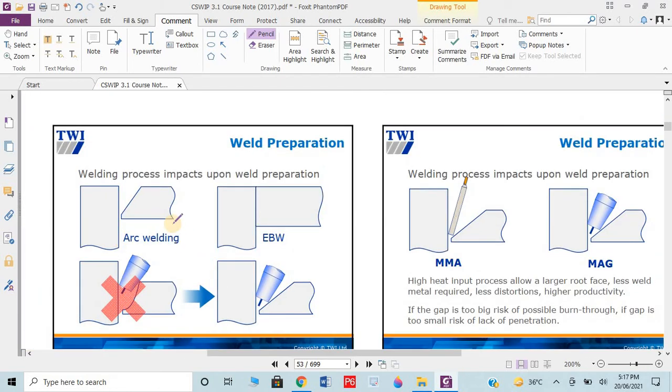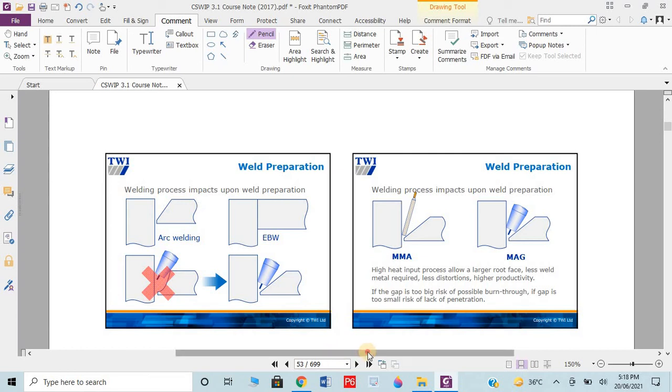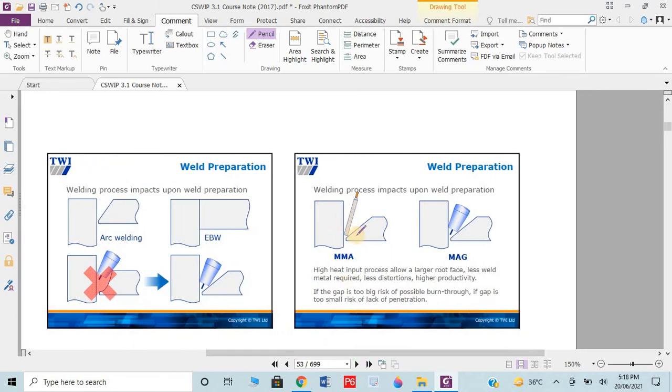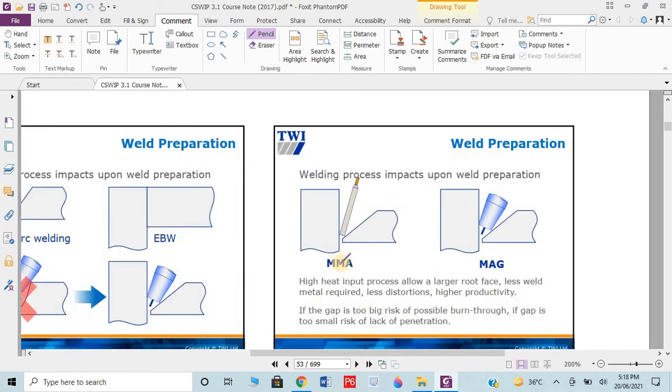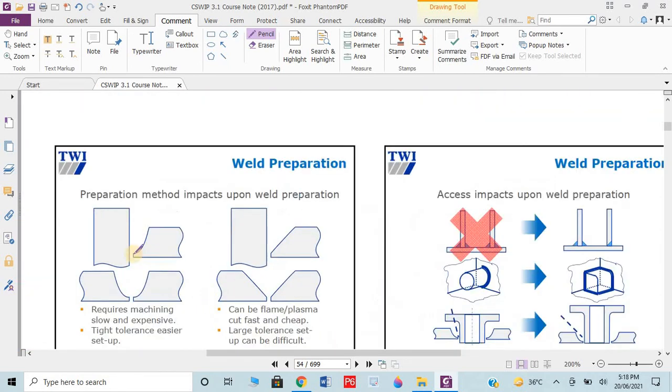Okay. Weld process. You can see here I will repeatedly give you the overview. Here we cannot weld, that's why the cross. For welding we need to prepare the joint like this. Same as for MMA, if we are welding MMA, this root gap should be this. All the positions, means proper joint positions here. Main thing is